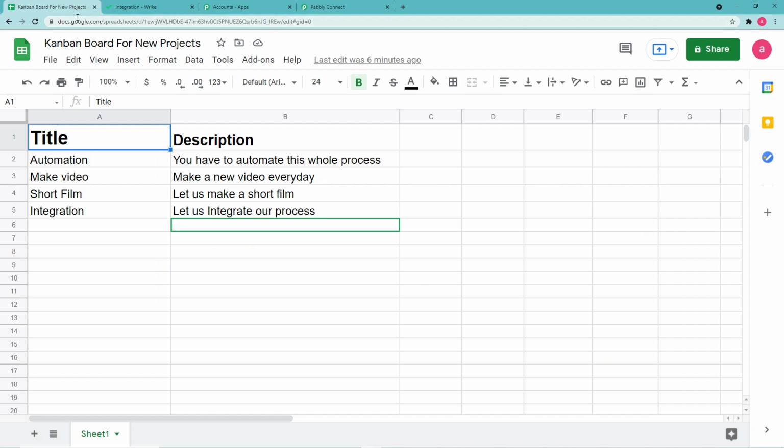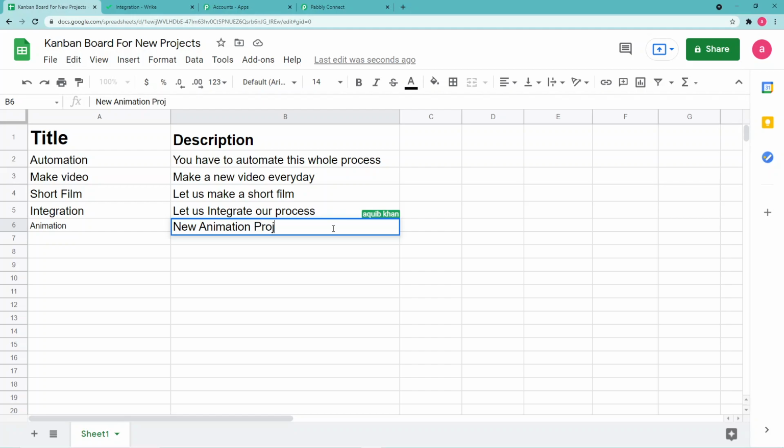So let me show you the demo again. It is my Google Sheets. Now here I am filling this title as animation, right? And in this column, let me fill new animation project.